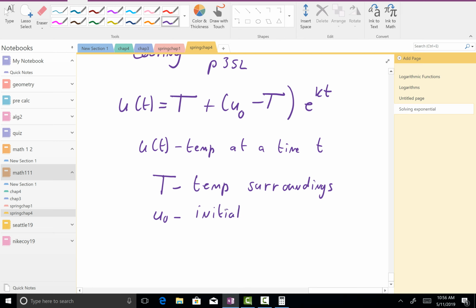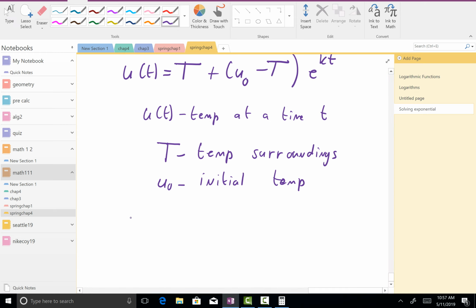says an object, so we have an object at 100 degrees Celsius, right, and then they'll put it in a room that is 30 degrees Celsius. So obviously it's going to cool, unless you have one of those really cool hydro flask things that seem like they're insulated really well. All right. So then what's to know? It says if the temperature of this thing was 80 degrees, and that was after 5 minutes,